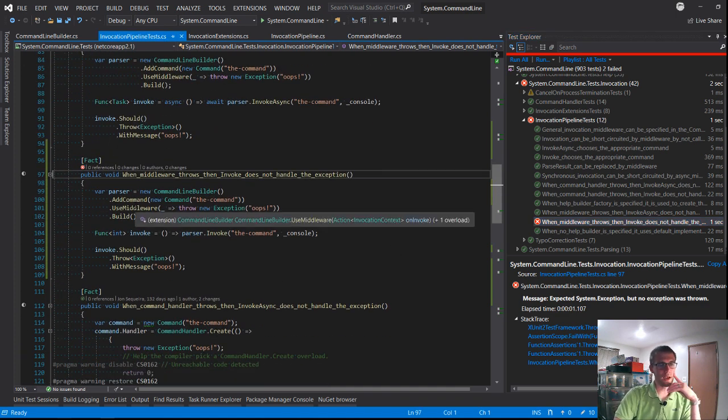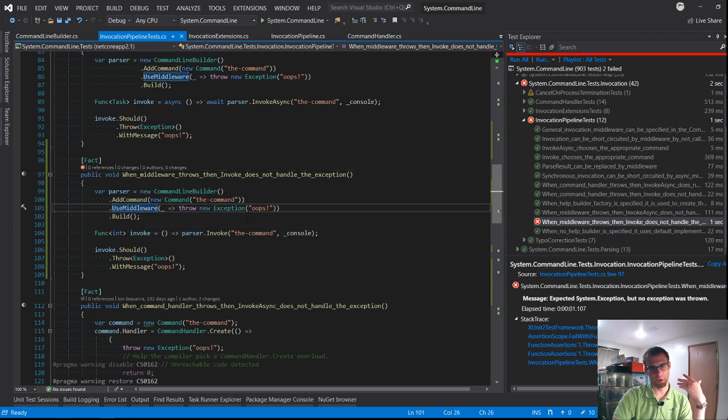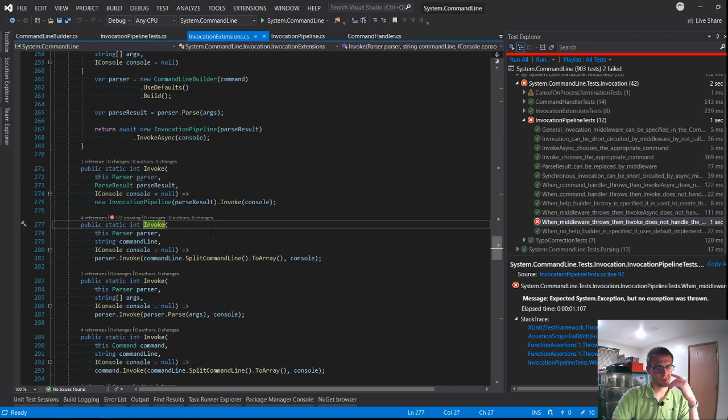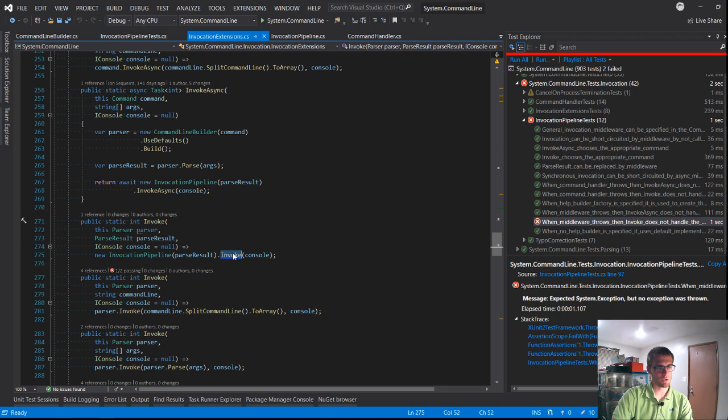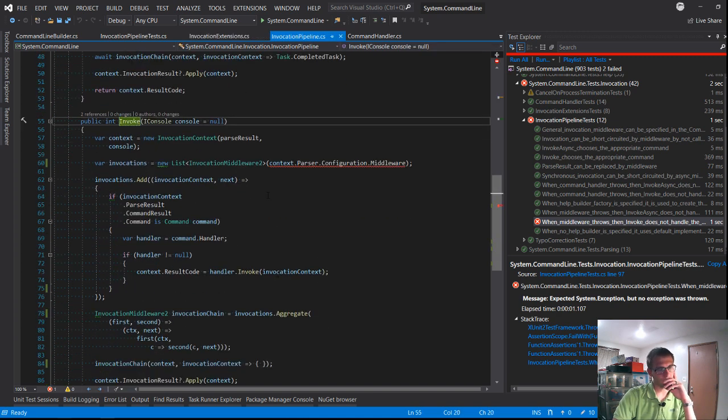We expect that if this middleware goes to throw an exception, that exception properly propagates all the way out, which it's not. It's being swallowed right now,